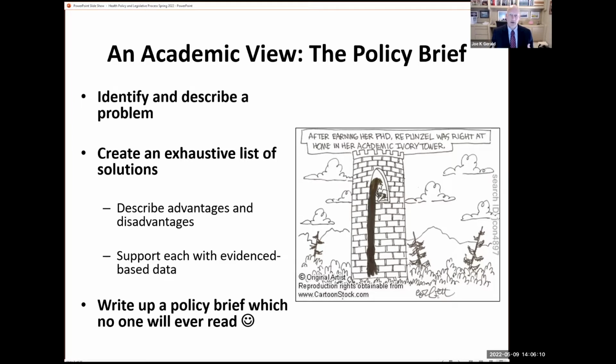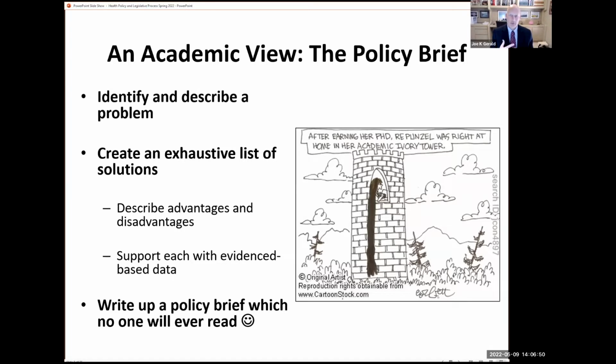That's at least the ideal, but it's important to recognize that policymakers consider other factors above and beyond the evidence or the data when they make their decisions. We're going to talk about some of those other elements as we move through this lecture, but it's important to know that while evidence and data are important, these are not the only factors that will be used to create a decision. And so oftentimes we will see a decision made by legislation, and critics will say, this legislation doesn't align with the data that's available. It's important to understand why that happens sometimes.